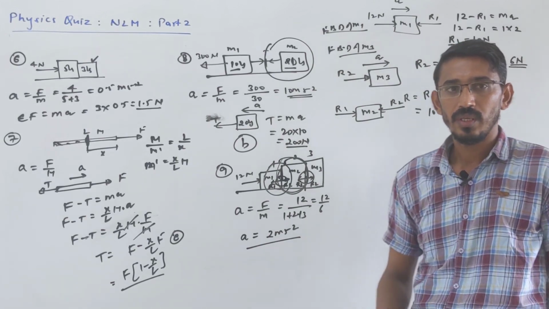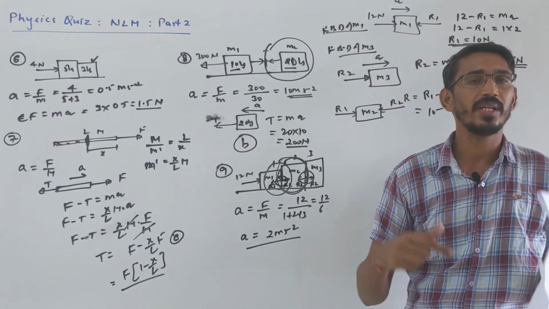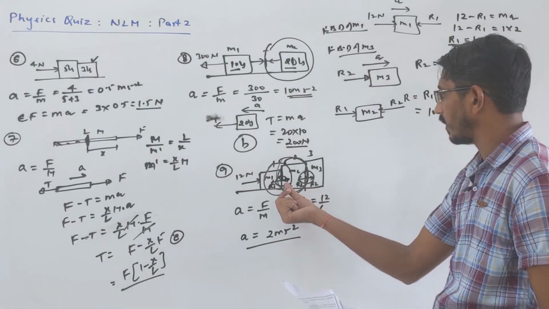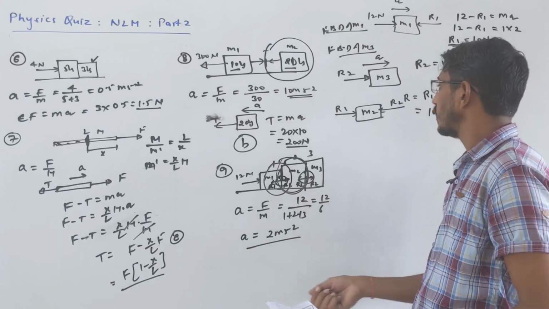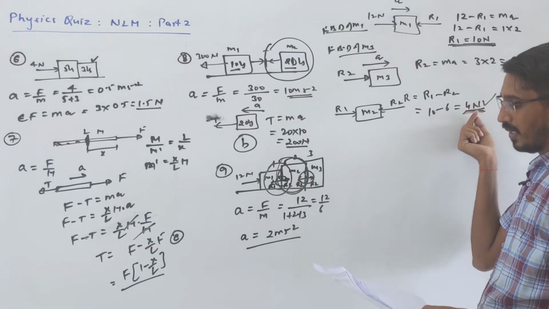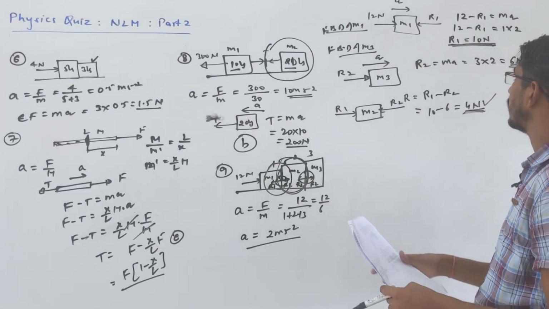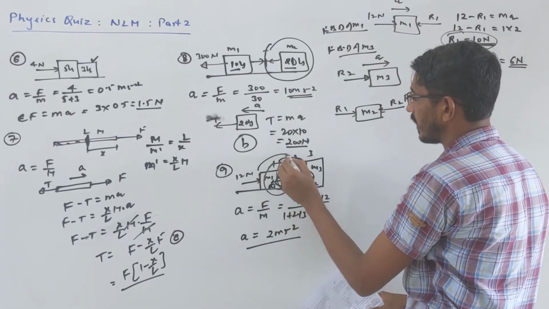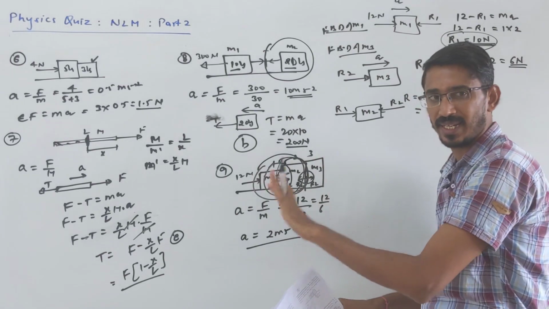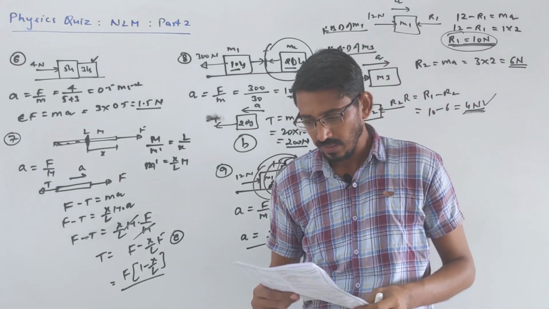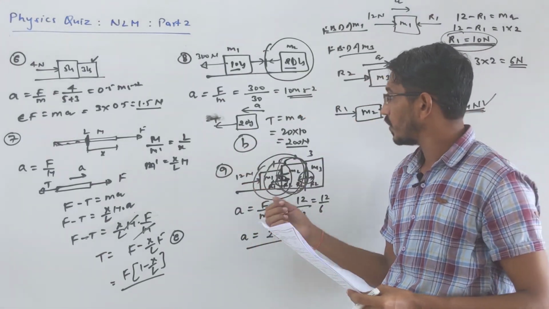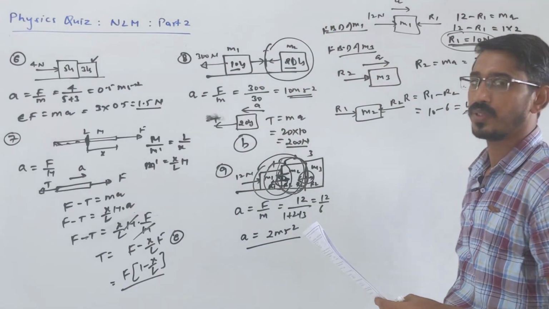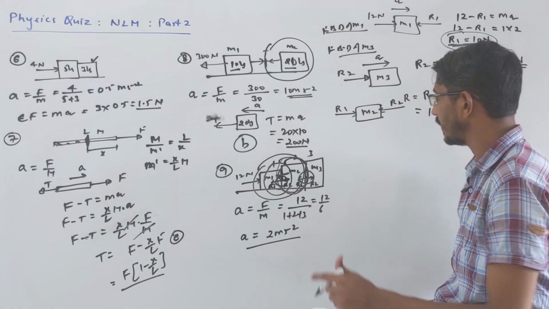Once more, if I ask you what is the contact reaction on a block, it means you have to find the total contact reaction. There are two contacts, R1 and R2 reactions, right? So the net answer should be 4 Newton, but according to the question and the options, the answer is this much only. It means they are trying to say the contact reaction between blocks M1 and M2. They should say it clearly, they did not say it here. So according to this given situation the answer should be 10 Newton, but the exactly correct answer will be 4 Newton. Yes, hope you understood this.